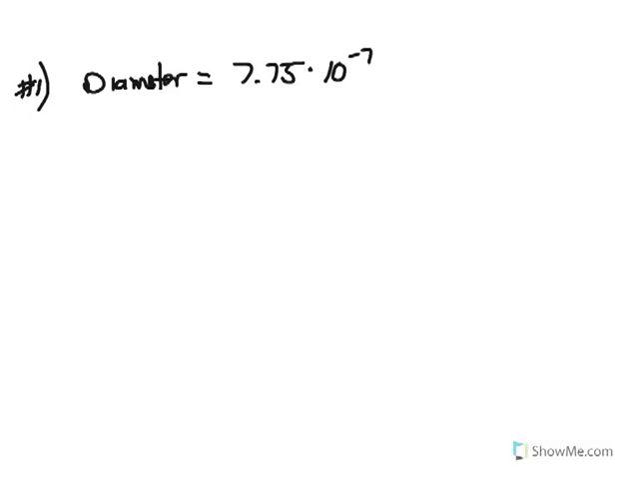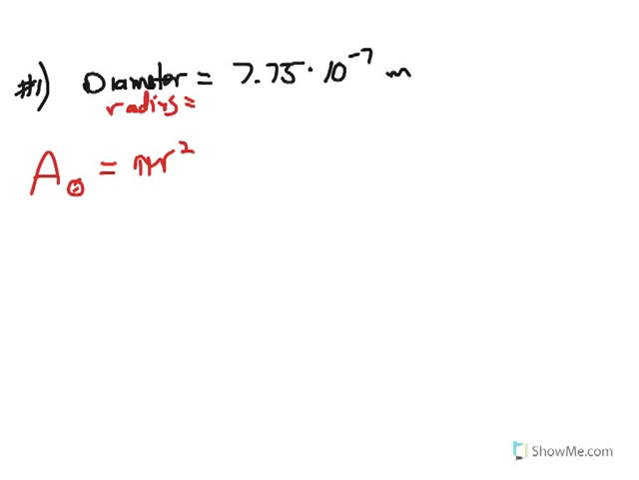Last problem. Red blood cells are circular-shaped cells that carry oxygen through your bloodstream. The diameter of a red blood cell is about 7.75 times 10 to the negative 7 meters. Find the area of one of these cells. Express your answer in scientific notation. Area of a circle is pi r squared. R being the radius. If the diameter is 7.75 times 10 to the negative 7, then the radius